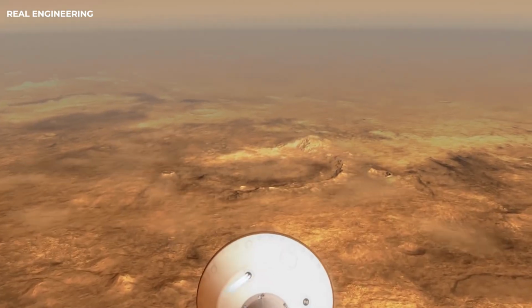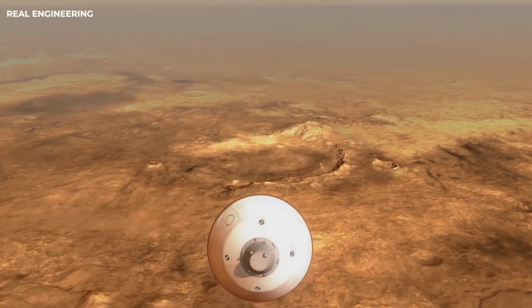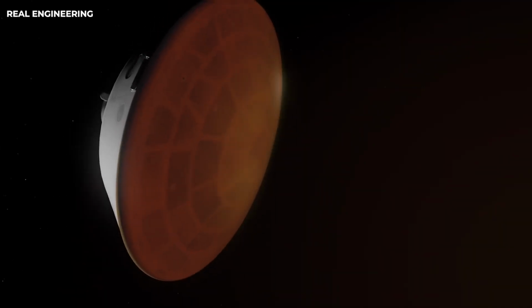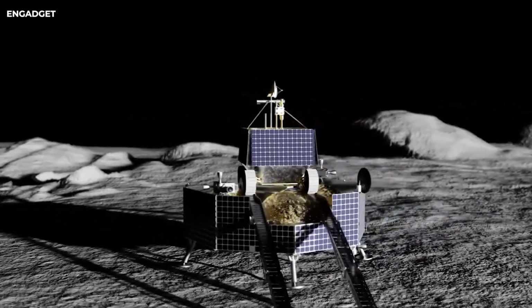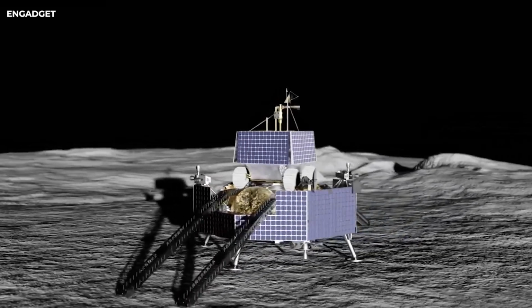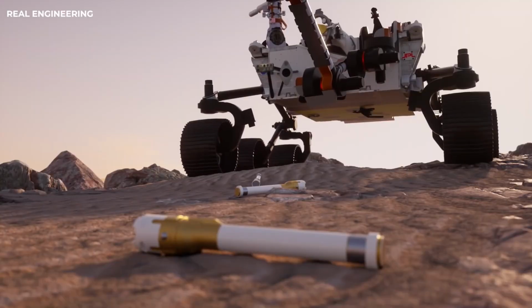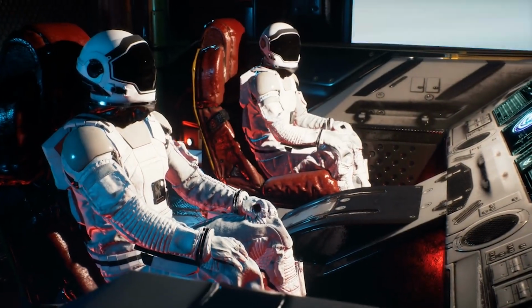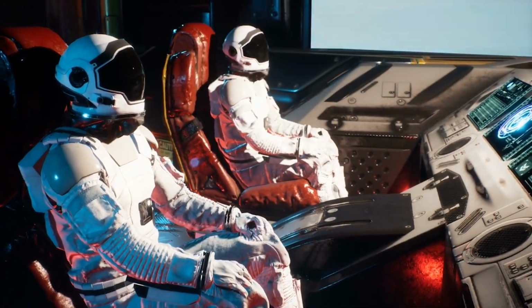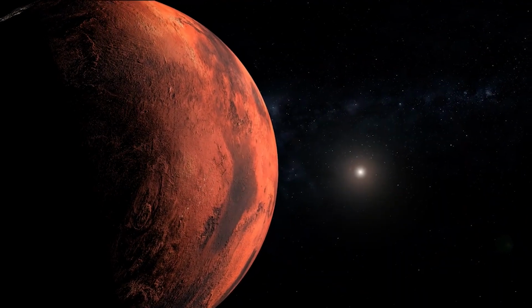In the coming years, Perseverance will continue to traverse Jezero crater, conducting detailed geological surveys, collecting additional samples, and testing new technologies. Its discoveries, along with the data provided by other missions like NASA's Artemis program and the Mars Sample Return Initiative, will contribute to humanity's long-term goal of sending astronauts to Mars and establishing a sustainable presence on the